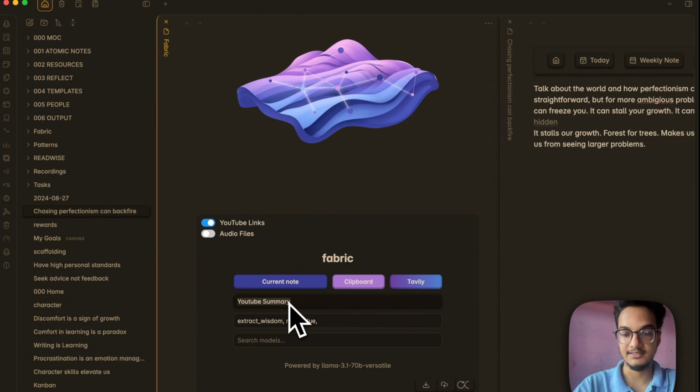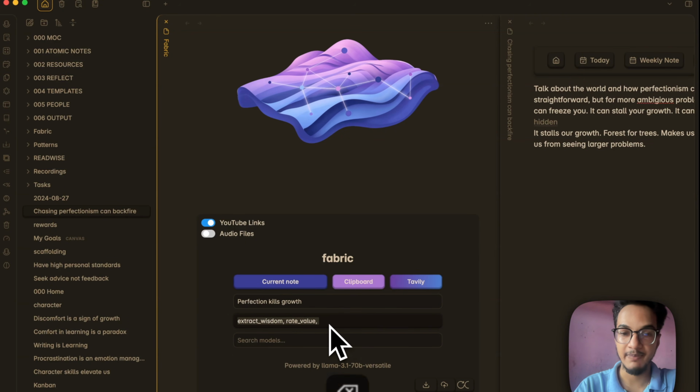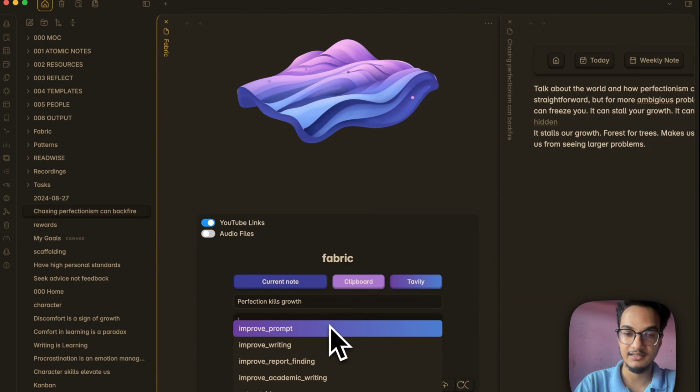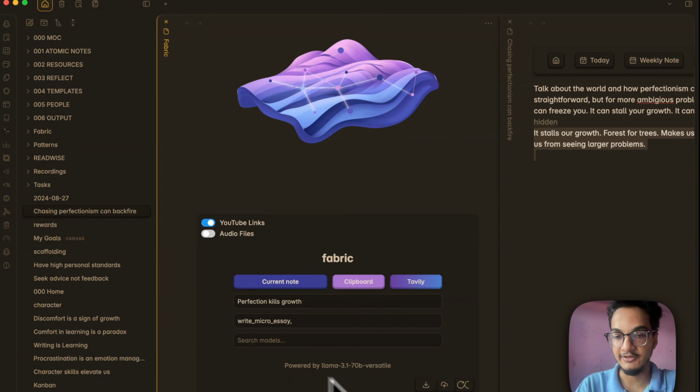Now, let me write perfection kills growth as the title of this note. Now I can use the pattern called improve writing, or I can also use other patterns for write an essay or write a micro essay, and it will write that based on this input. So I already have Llama 3.1. Now you can just click on current note,